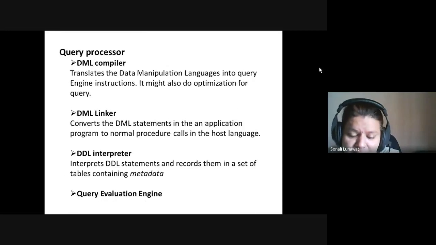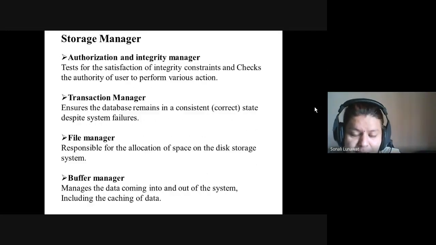Now we have already seen how the evaluation engine works. It takes a final evaluation plan and tries to execute it. Then comes the storage manager. We are just revising this: the authorization and integrity manager. Authorization means, have I given them the rights? Suppose I am assigning some kind of password and protection, and if another person tries to hack that, it is not going to allow it. So authorization means I have granted permission to work on my database or tables. That is going to be checked.